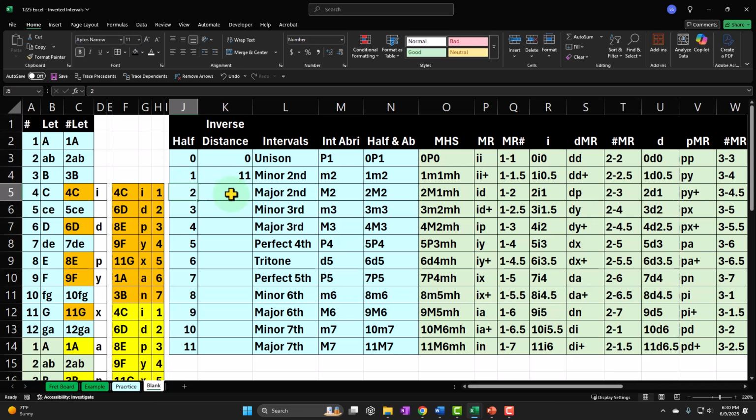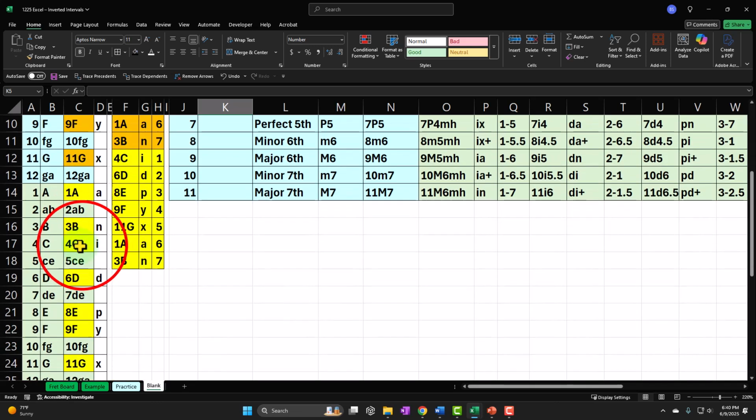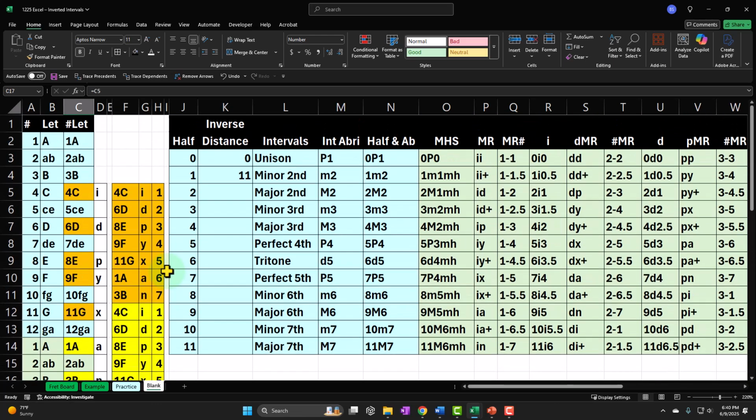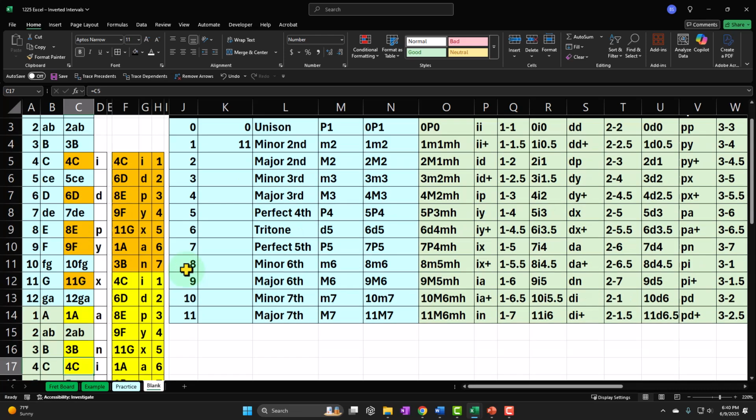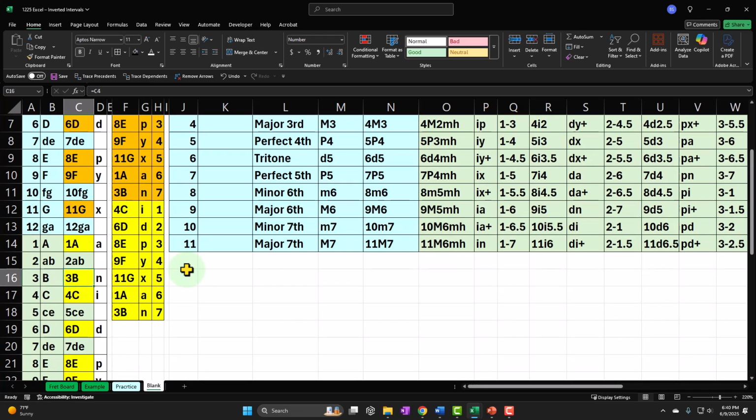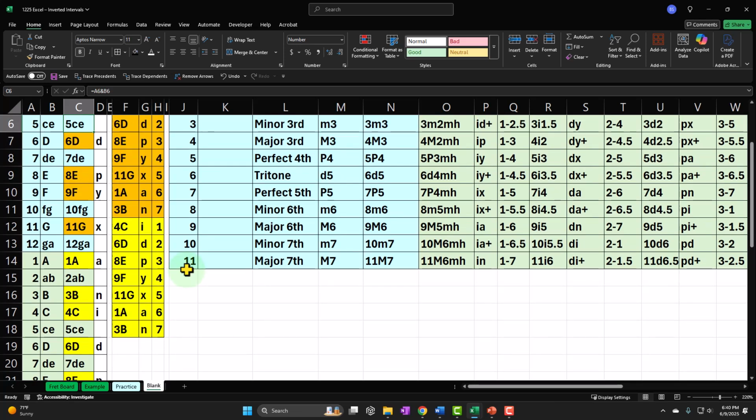So if I'm going 2 forward, then what would be the inverse? How many steps backwards would I have to go to get to the same point? In other words, if I'm on, let's see, the C down here, and I'm going 1 forward, that would get me to the C sharp, and that would be equivalent to going 11 backwards. 1, 2, 3, 4, 5, 6, 7, 8, 9, 10, 11 is going to get me to that